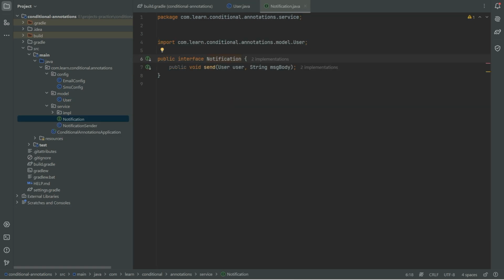In the service package, I have created one interface, Notification, that represents the contract for sending the notifications to the users. This interface includes a single method that takes two arguments. The first argument is the user, who is the recipient of the notification, and the second argument is the message body